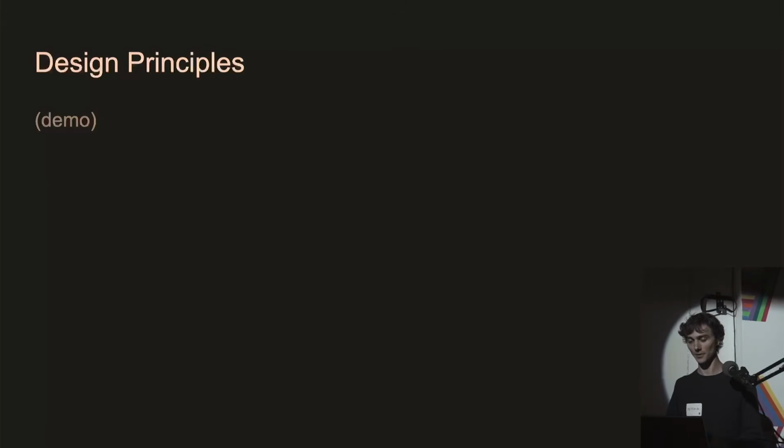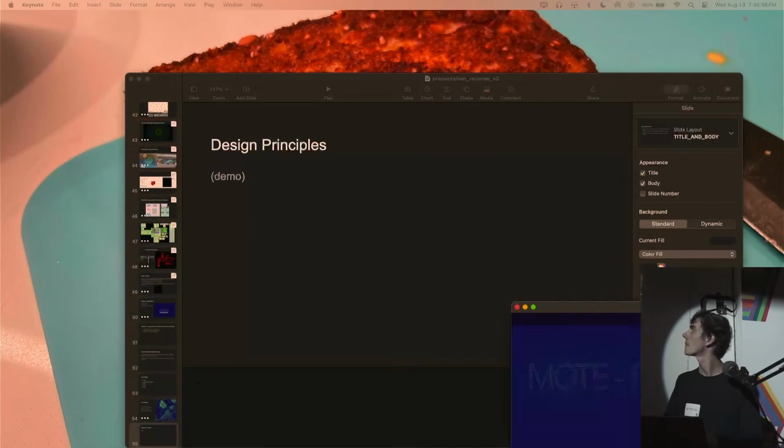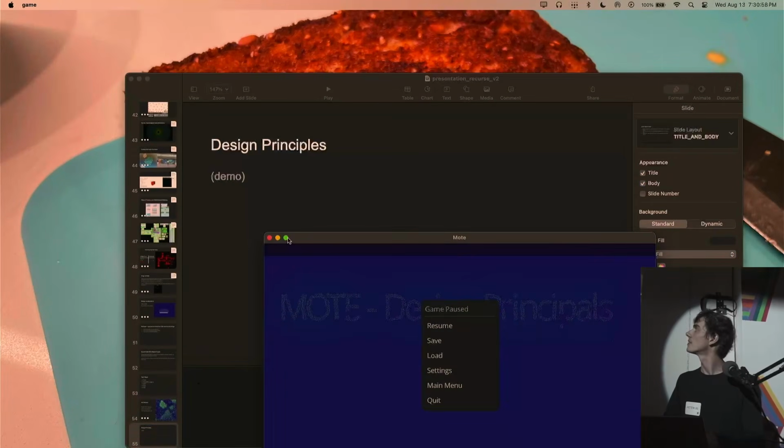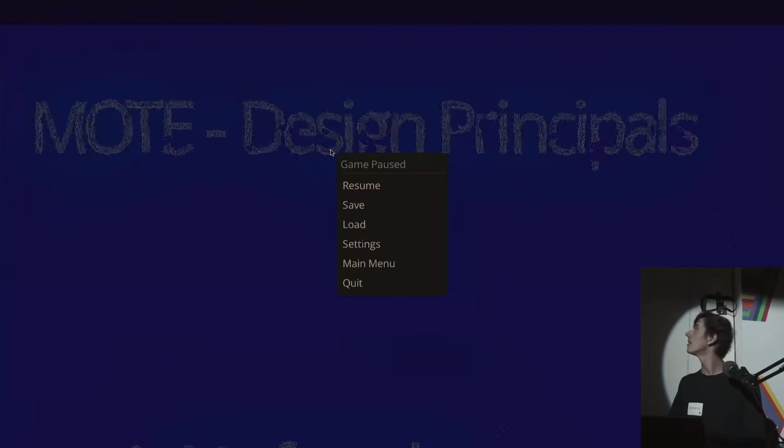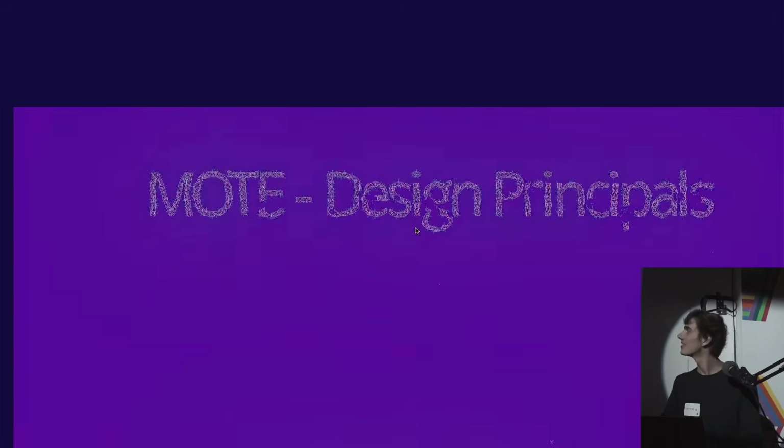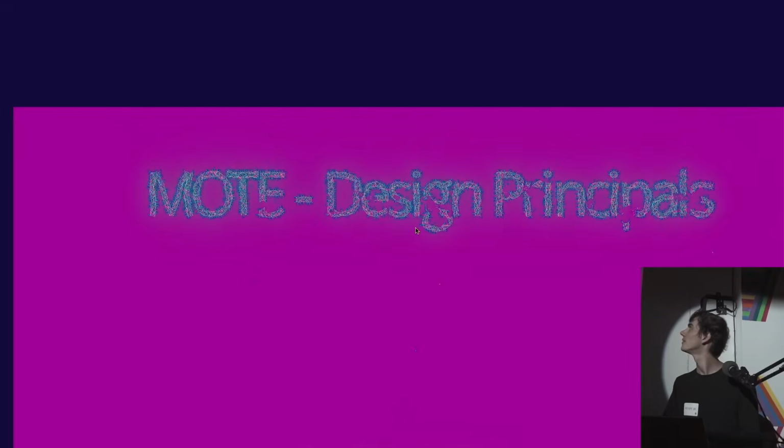We'll see how it goes to talk about a few of the other design principles that I've used in this engine. And see if I can operate it while looking at it at this funny angle. Okay, so